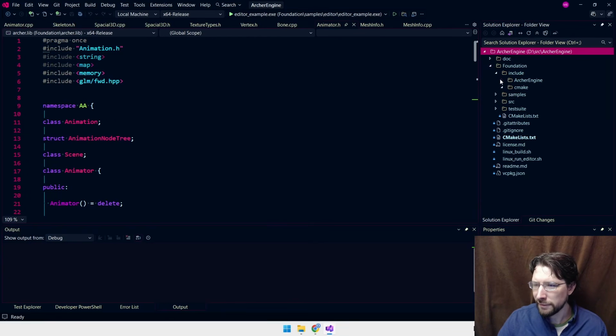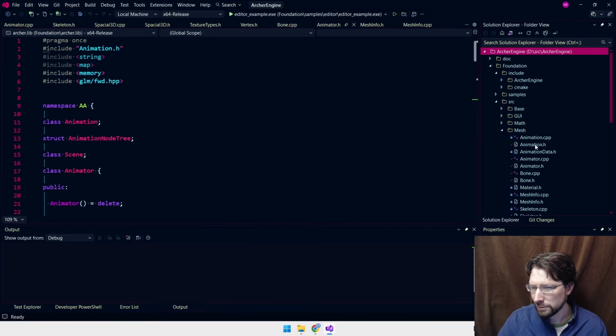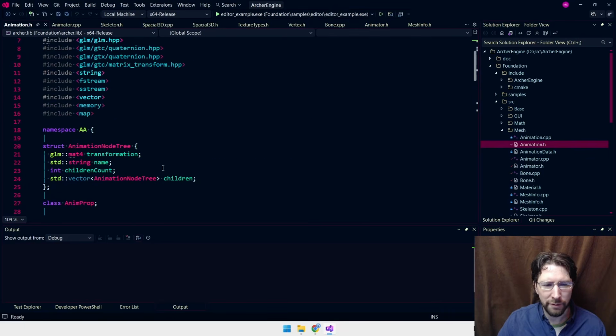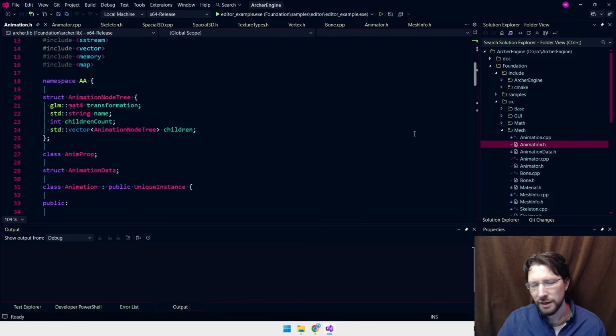One of the things I noticed was that my animation code's not very good. Let's find it here. It's in, I think, scene... I forget, mesh. Yeah, so this mesh has some animation code, and most of this is kind of hacked from learnopengl.com. Sure, they got it working, but it's not perfect. There are some problems with it. I made my own iteration of it, which is a little different, but it needs to be entirely reworked and probably redone because there are some issues that pop up with certain animations.